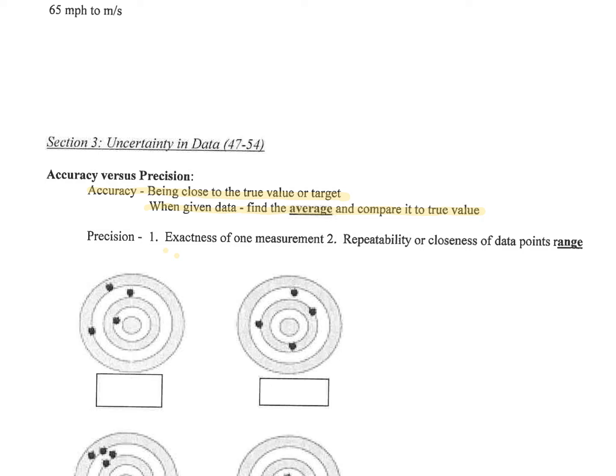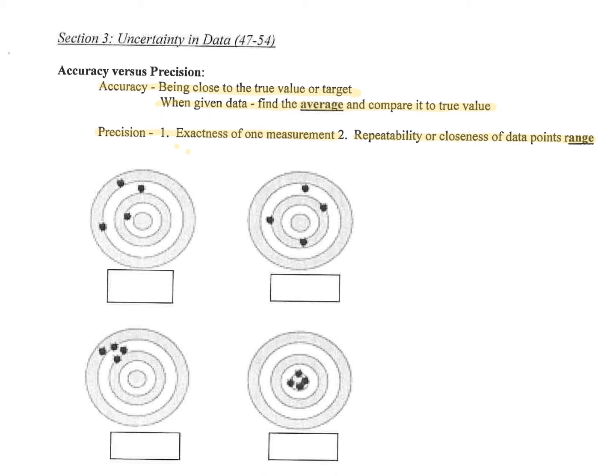As opposed to precision, which means the exactness of one measurement, or the repeatability or closeness of data, the closeness of data points in the data set. In that case, you would find the range. Okay, so looking at these dartboards here,